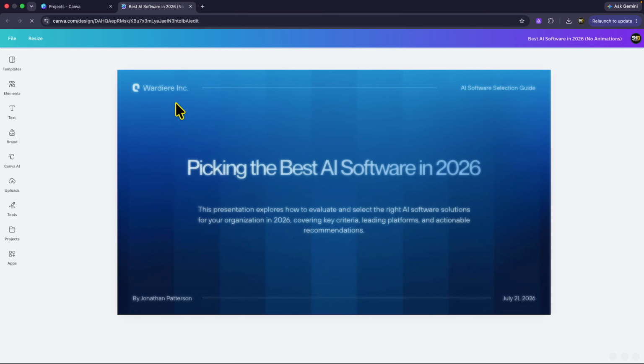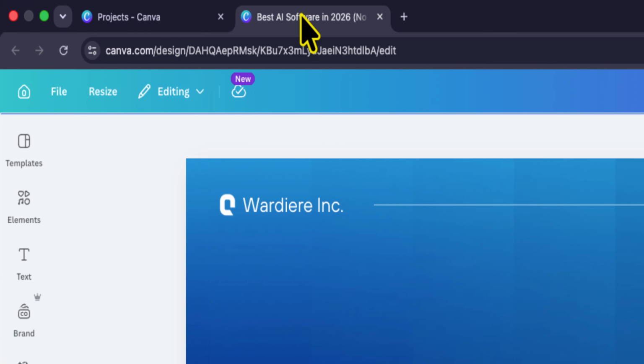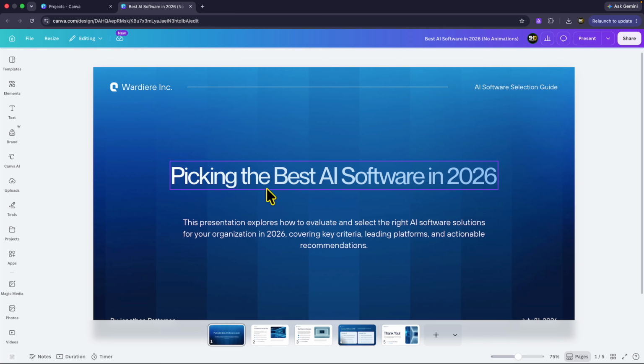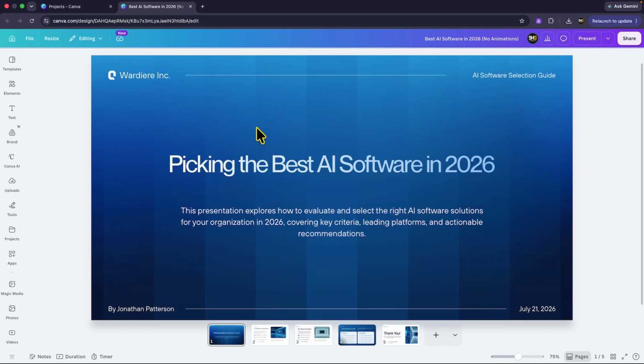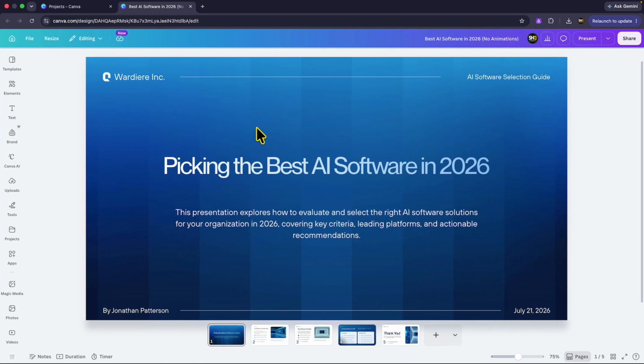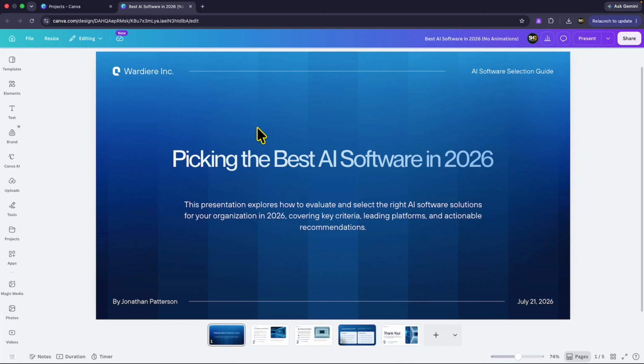Now, when you do this, Canva will open that project in a new tab within Canva's design editor. Now, this is a PowerPoint or a presentation design, so it may be slightly different, but I assume that you're trying to do this for